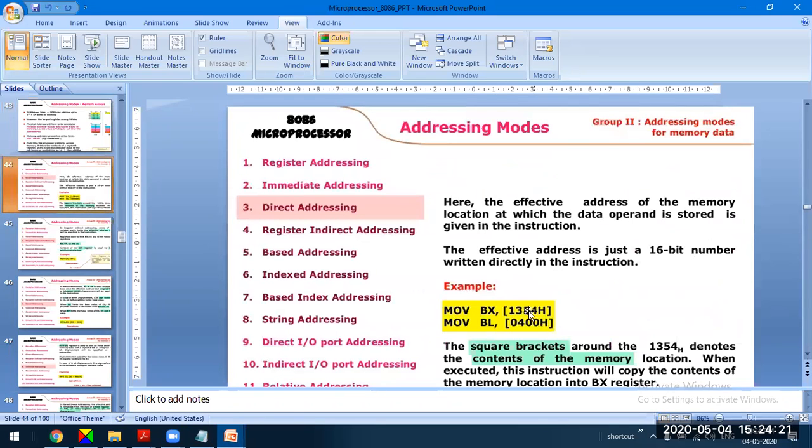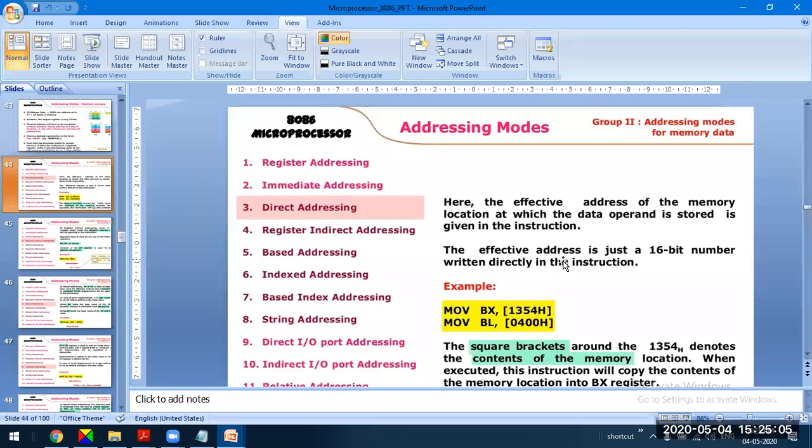Direct addressing mode. What is the meaning of direct in 8051? Direct means the address is part of the instruction. Similarly, in the 8086 processor, direct addressing also means the address is part of the instruction. If we know the address, we can directly specify it, but the address should be 16-bit. We cannot specify a 20-bit address; that is generated by the processor. We can specify the 16-bit address using square brackets. The microprocessor makes use of this convention to identify the address.